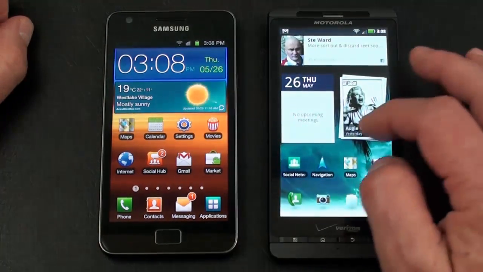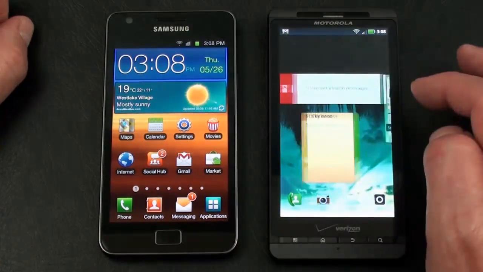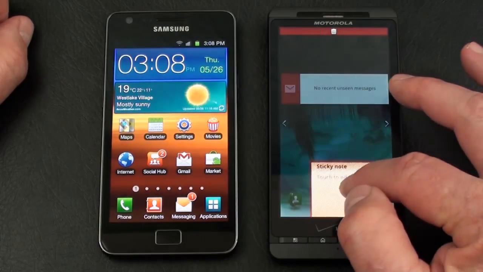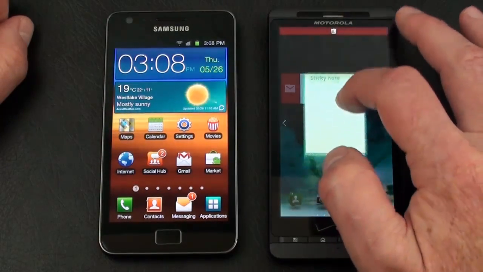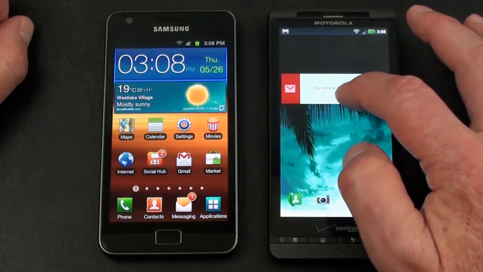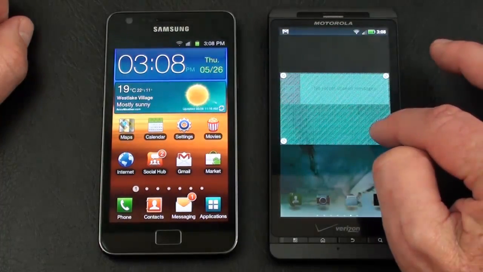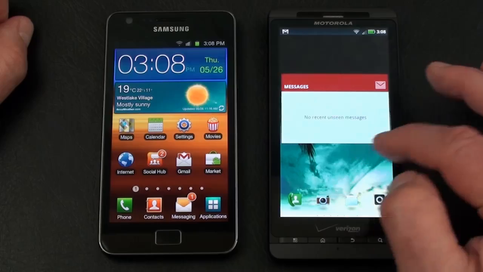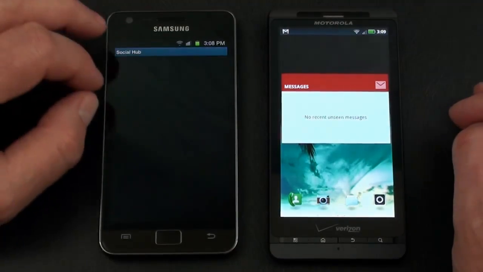I'm trying to think if there's anything different that I wanted to show you. One thing I wanted to show you, let's get rid of this real quick. Oh, that's right, they've moved the trash can up to the top. The widgets are resizable on both of these. So there's resizing on there, and then